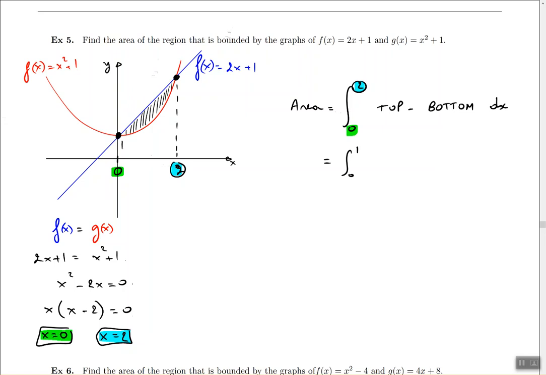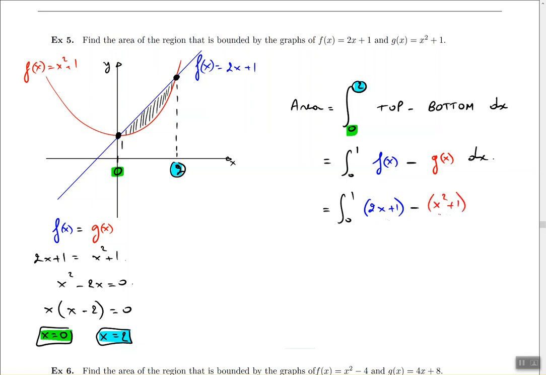Well, that's the blue graph, which means f of x needs to go first. Its equation goes first, minus the bottom graph. Who's towards the bottom of the paper? It's the red picture, the g of x graph. And we're going to integrate everything with respect to x. So the integral from 0 to 2, and the f of x in this case is 2x plus 1. I'm going to put parentheses around it so I know that this whole thing was f of x. And then I'm going to put the minus g of x, and again surround the g of x with parentheses